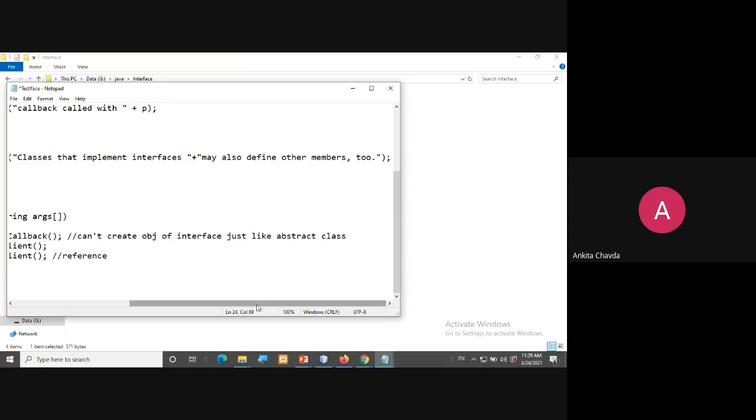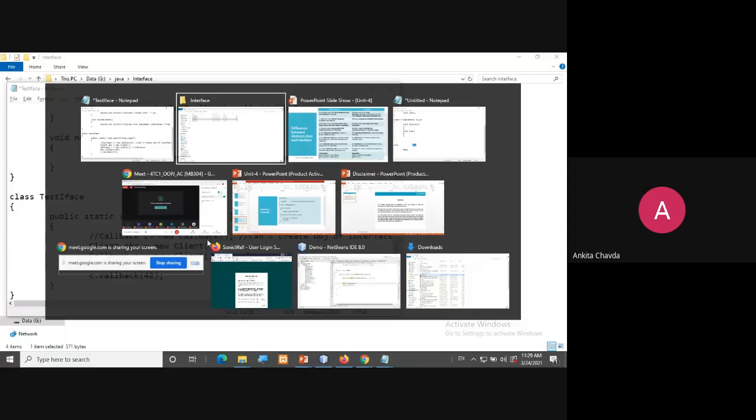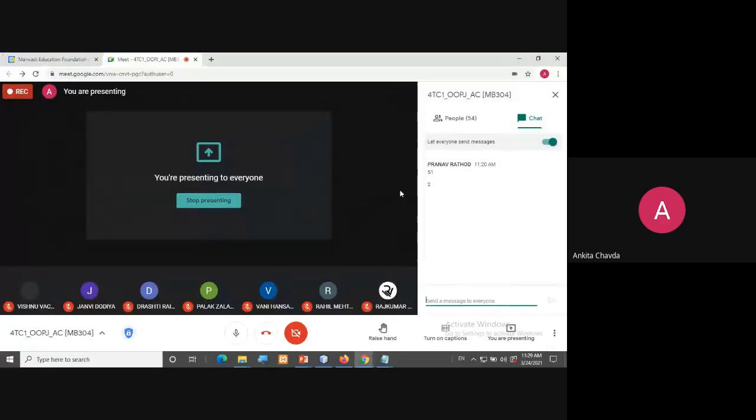But can anyone tell me what you can create if object creation is not possible? Then what can you create? Yes, anyone? Yes, correct. You can create a reference variable. And why are we creating a reference variable?